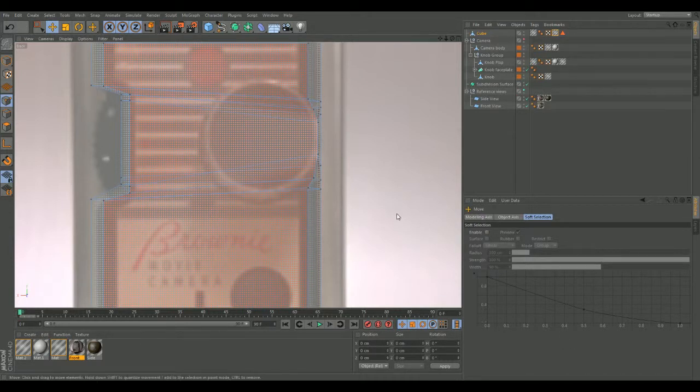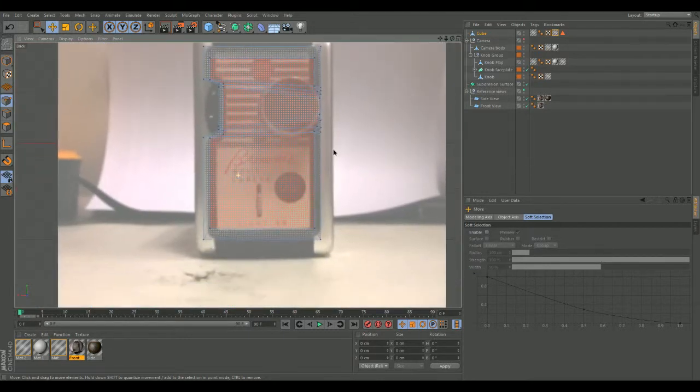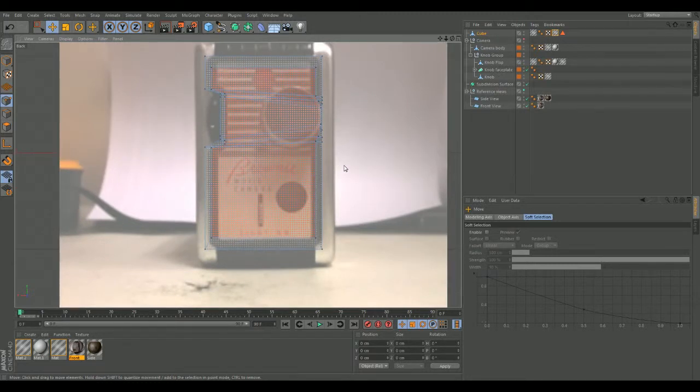Alright. So I kind of have a good shape of this object so far. Some other things that we can do and work on doing is that this actually goes in a little bit. There's a cut in this area right here. This is a sticker, so